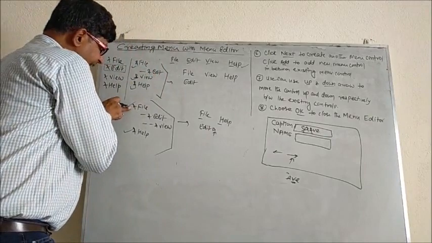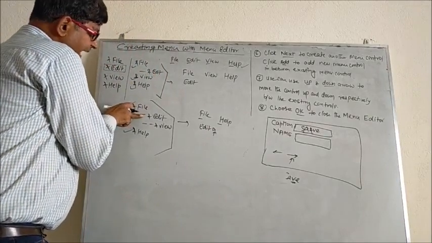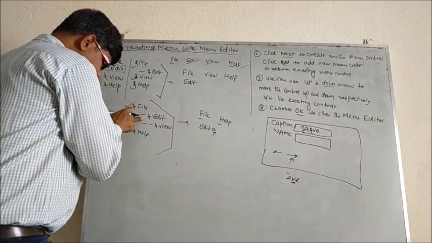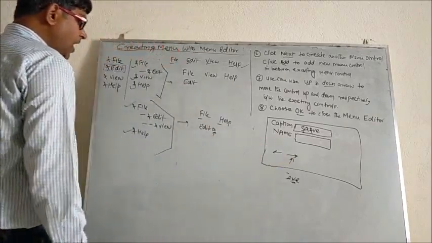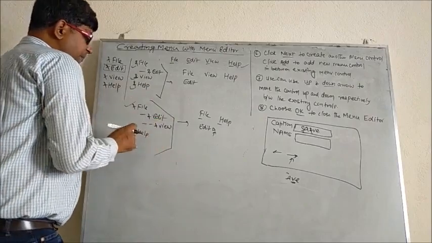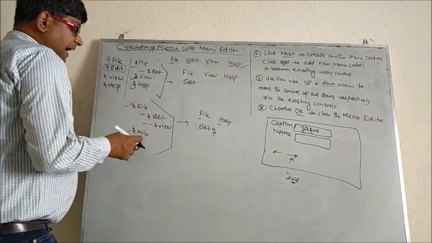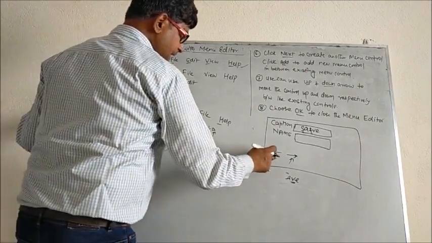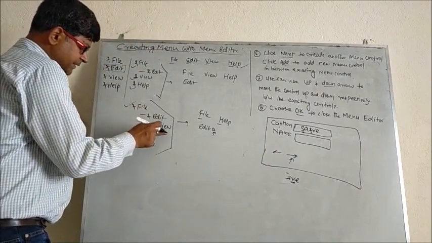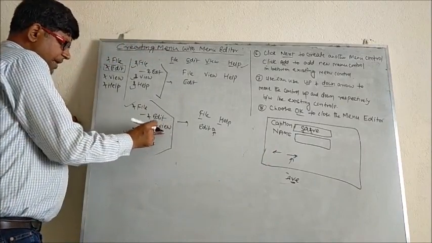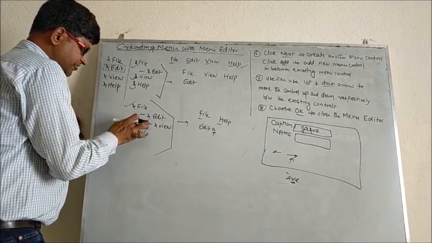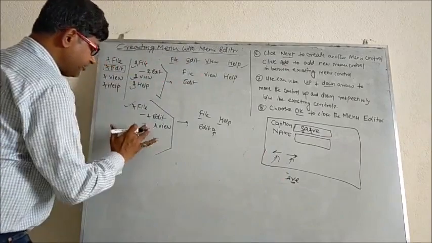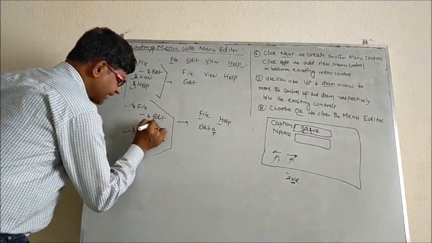So inside File there is Edit, and inside Edit there is View, right? Inside File there was Edit, so we used one right indentation, and inside Edit there is View, so we have used 2 indentations here. If we want to restore it again, we can press the left key, shift this ampersand view back to here, right? So in this case what is going to happen, if you press this left key, you will get ampersand view.